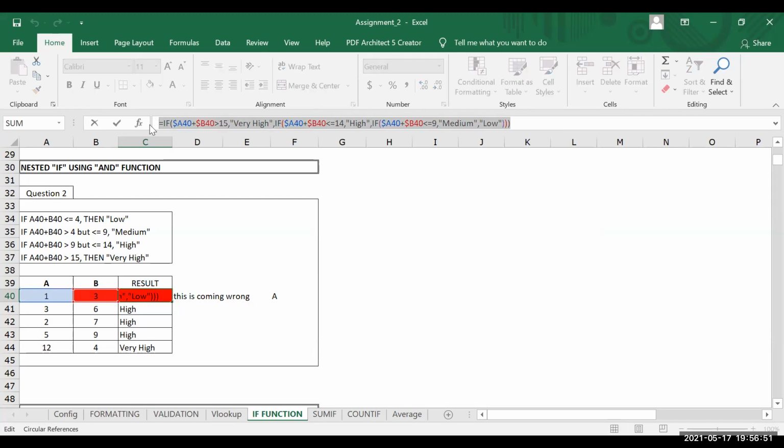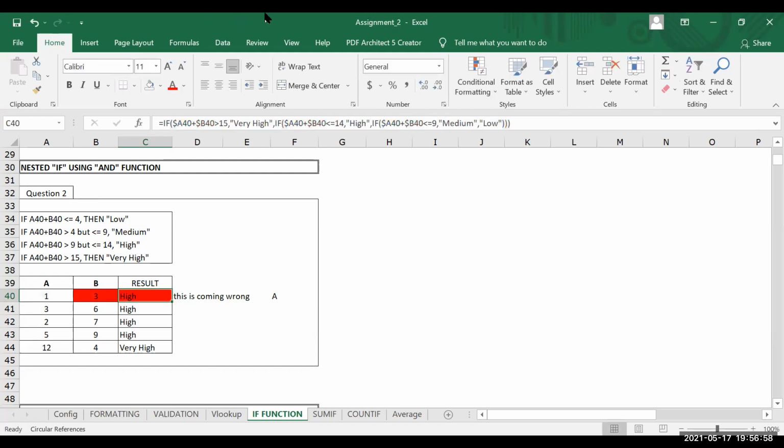Actually, the problem that is happening is, got it? You know what is happening? I'm so sorry, it's just simple logic. The condition that you have created, according to the condition, is correct. But when you work with this in Excel, it checks condition by condition.